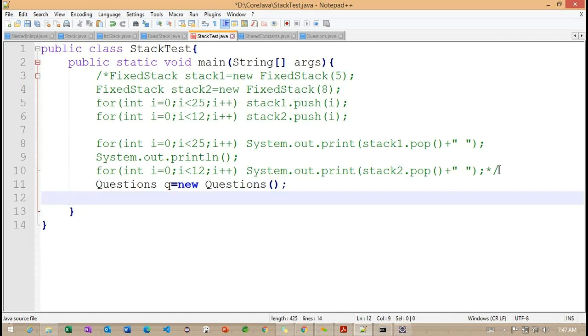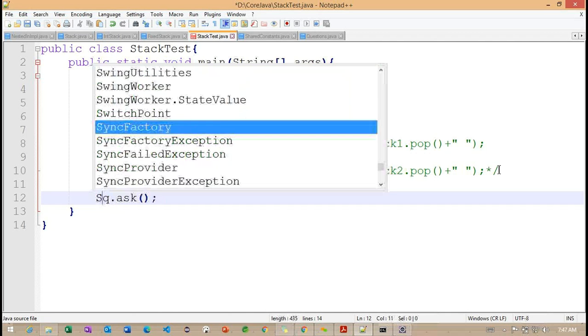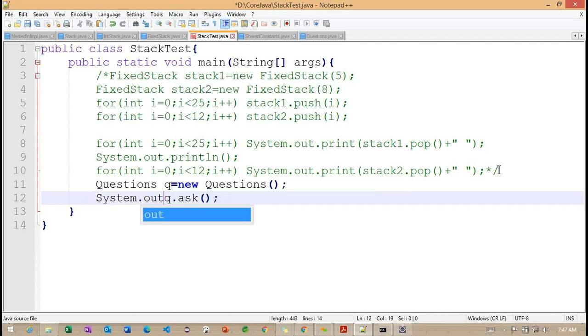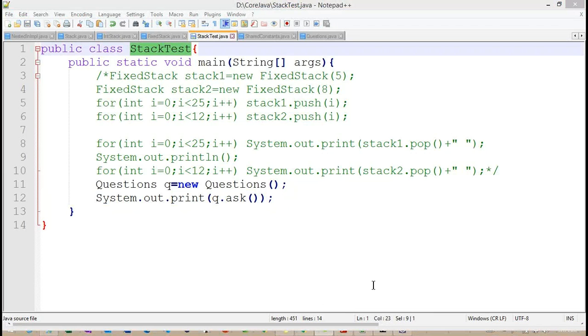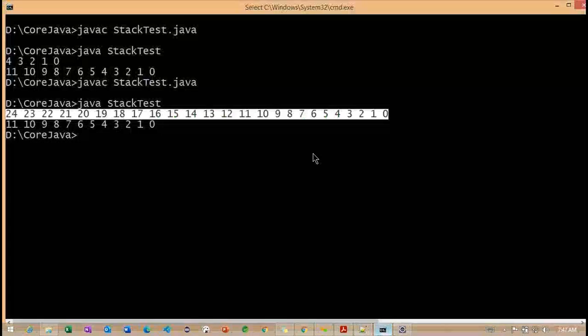After this, we can work with q dot ask. Getting the point. Basically, first we can work with the print method. Let me save here. What is the value we are going to get? That we need to understand here.